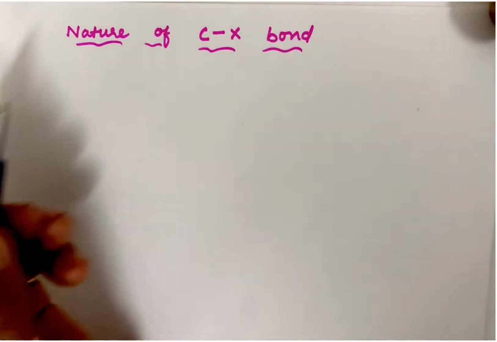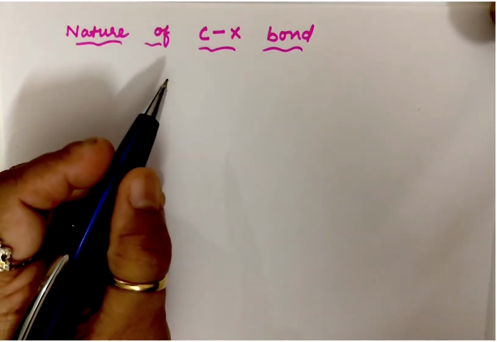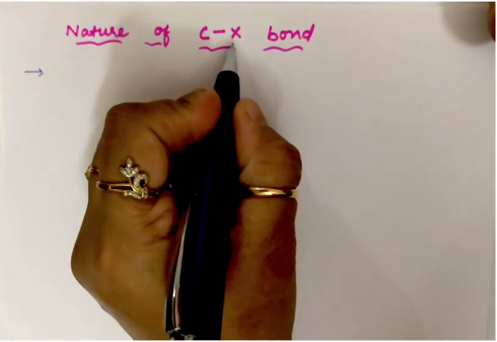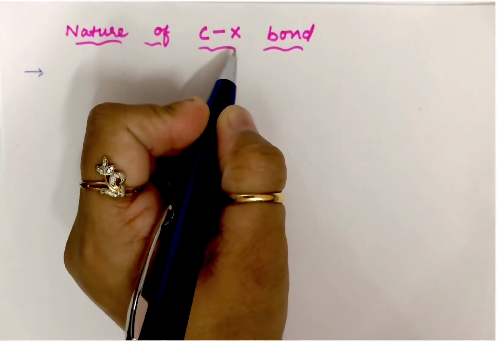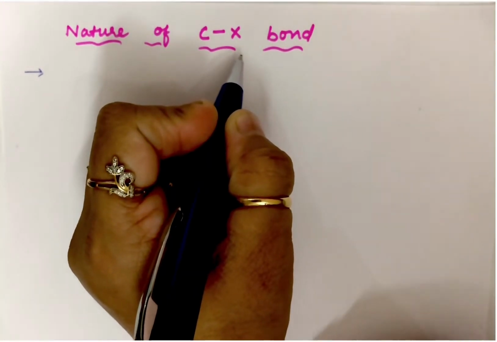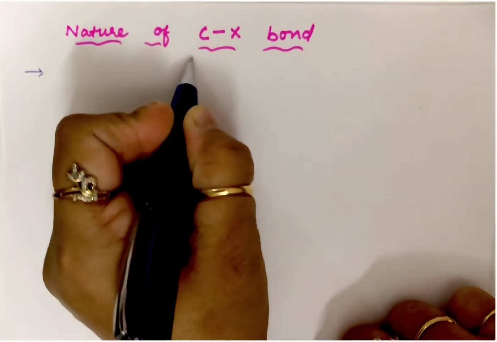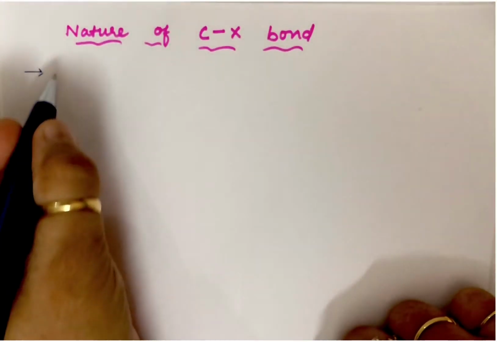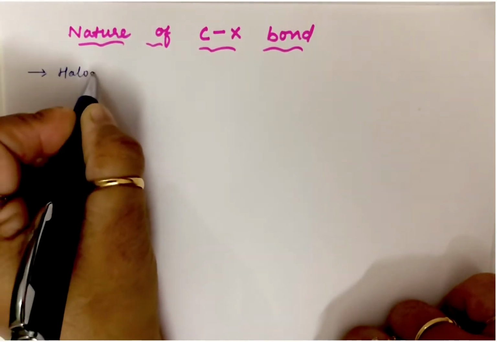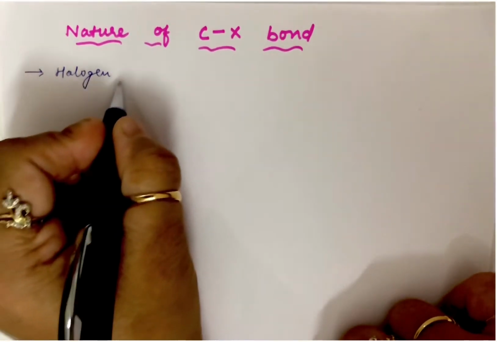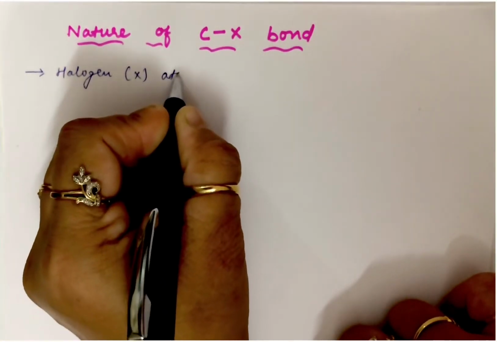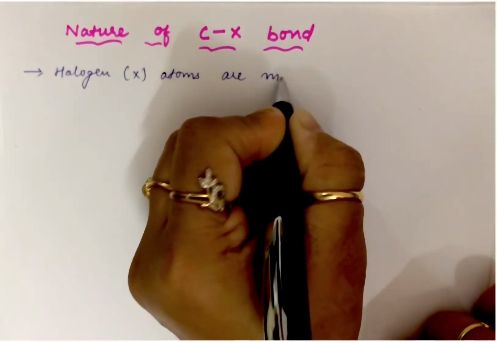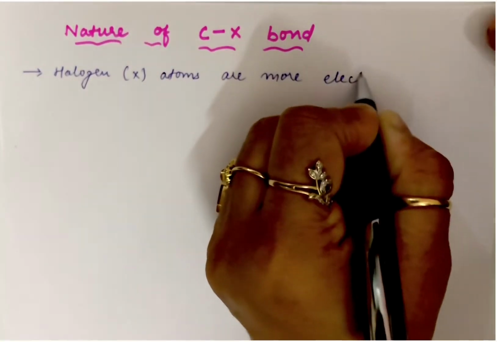Okay, let us start with today's topic, that is nature of your CX bond. So students, you are all aware this X is nothing but a general representation for your halogens. And yes, when I am talking about CX bond here, I am talking about this bond present in alkyl halides. Now, so students, let me explain you that this particular X, that is your halogen atom or atoms, are, you are knowing, are more electronegative